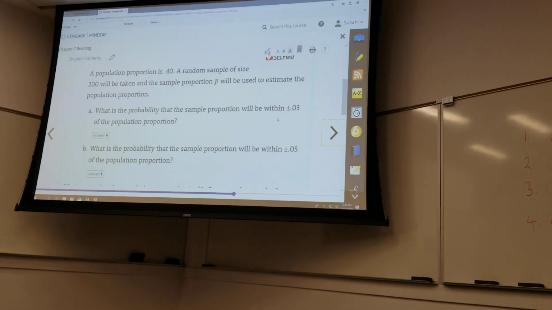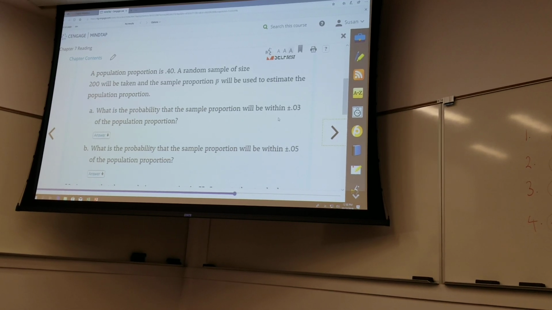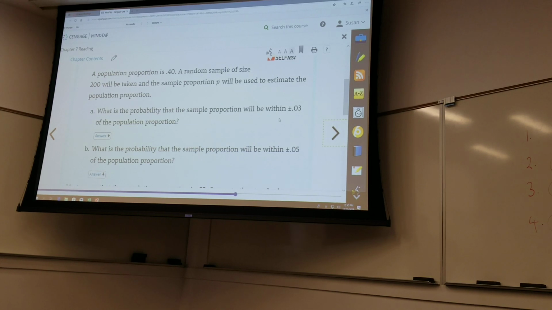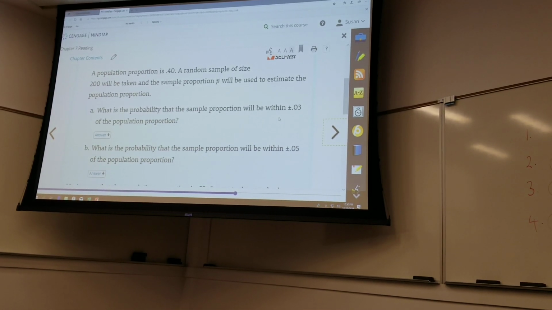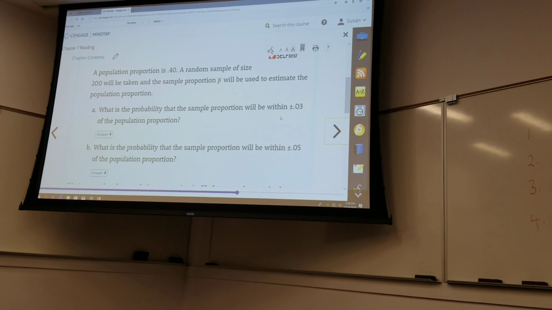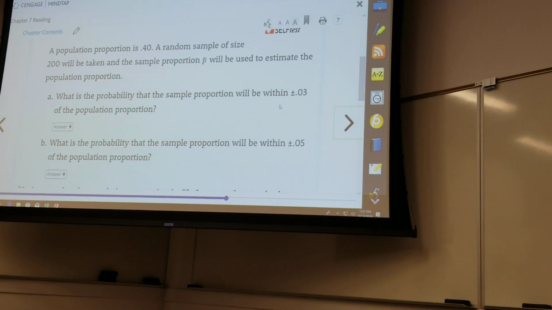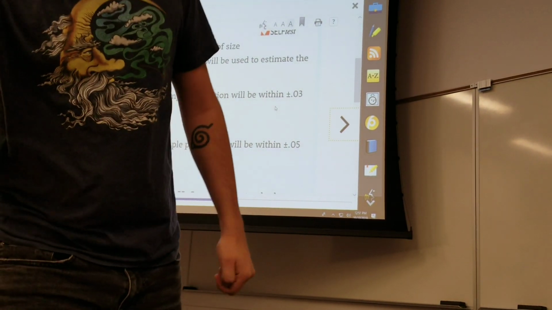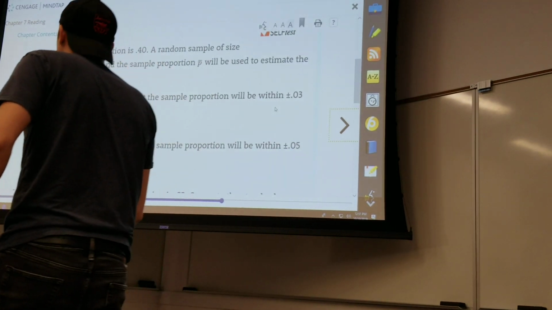Population proportion is 0.4. A random sample of size 200 will be taken, and the sample proportion P bar. What's the probability the sample proportion will be within plus and minus 0.03 of the population proportion? P